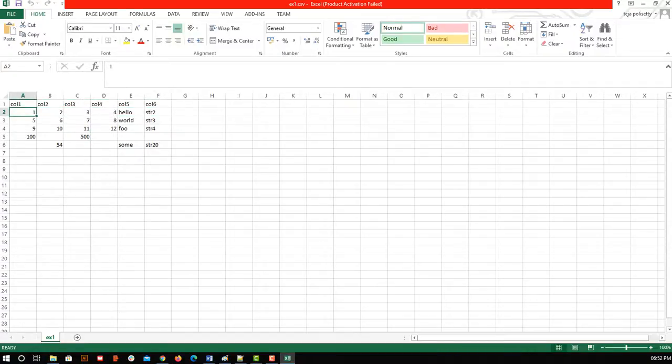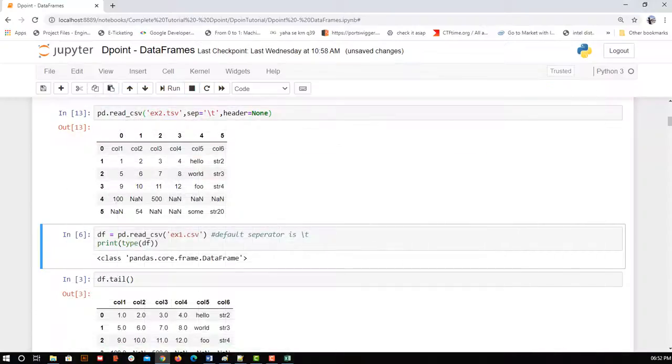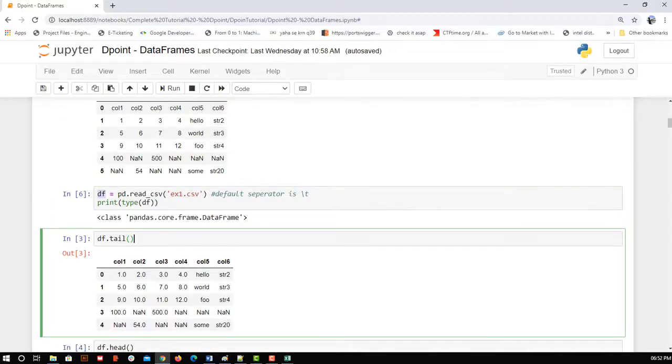If you want to know more about how to read each of the values, like suppose I want to access only this much value, you can go to the previous video where I have shown the indexing and all. So that was about how we are going to read. Now suppose I have read this and kept that object in df, the object I created. Now we'll have multiple functions.